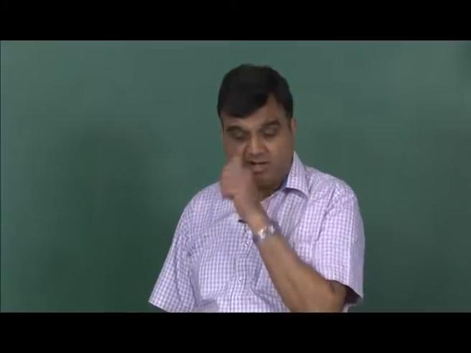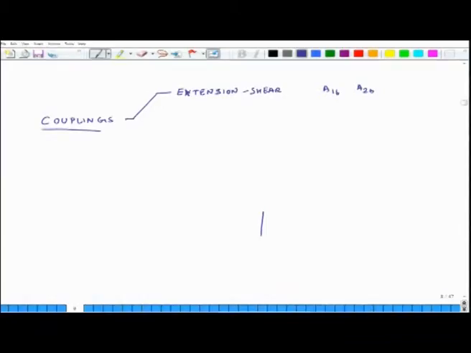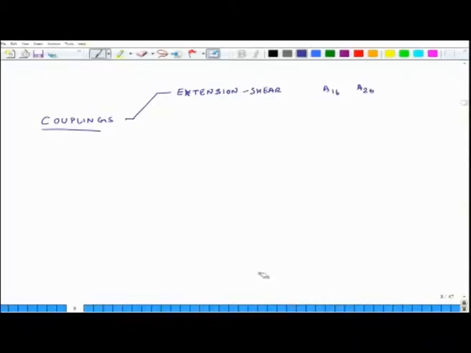And that is something we would like to have, because typically if I have a laminate and the fibers are like this, and if I am pulling it and it is also experiencing shear, then the chance of it failing will be higher, because the material is weaker in the shear direction because of the structure of the system. So, we do not typically like to have extension shear coupling. The second coupling we had discussed was bending extension coupling.